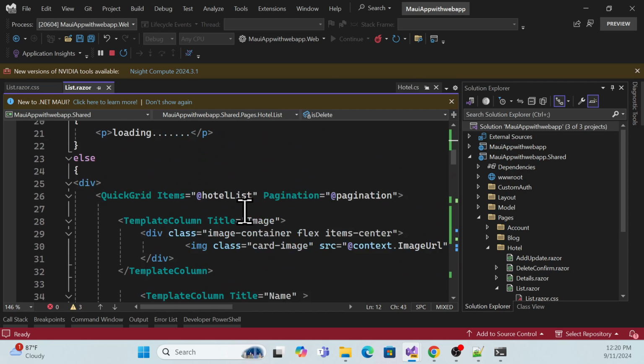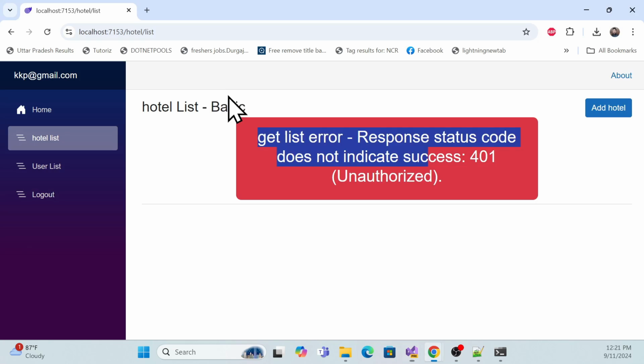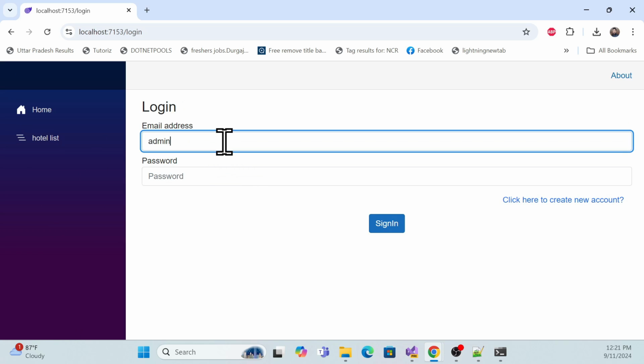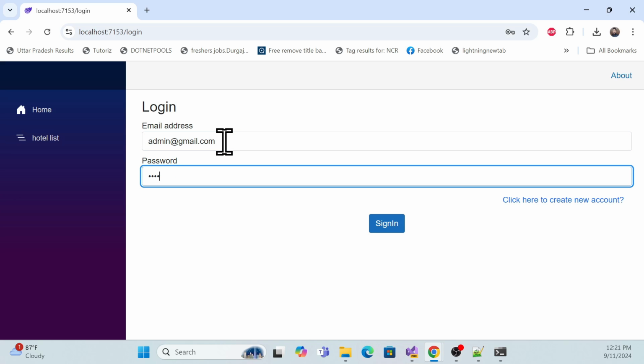And then once it's done, let me show you what happens if it is an authorized user, which has the roles to access those particular things, and how they behave. So what I will do is simply log out and log in with the admin user, because the admin user has all the permissions to read and write, because we set those rules for the admin user. So what is my user? This is my user, and once I sign in,